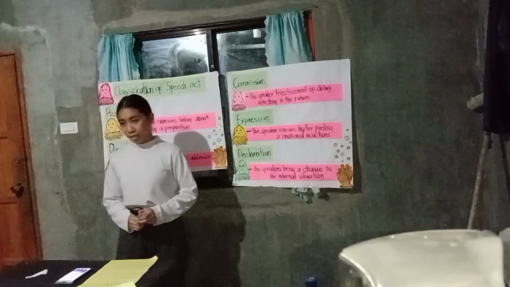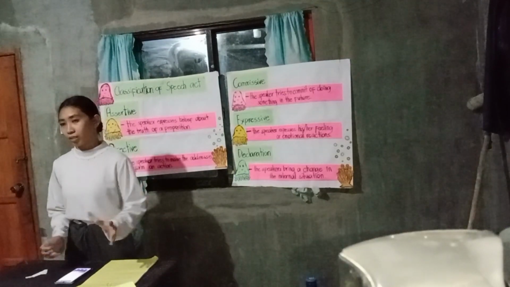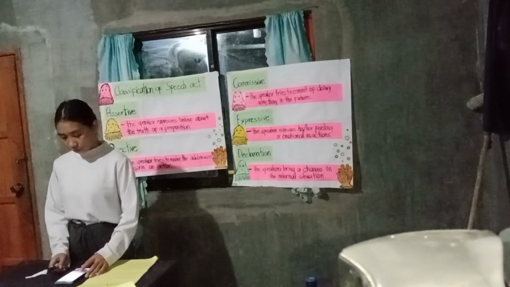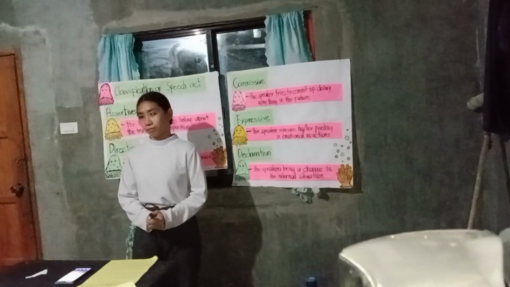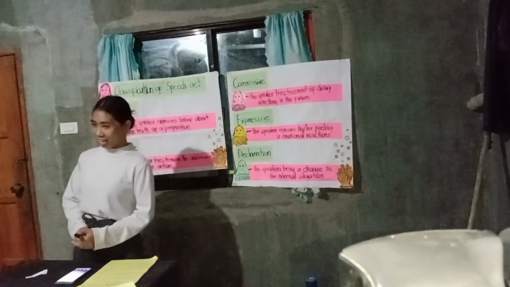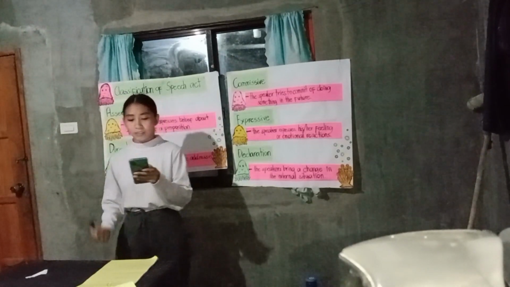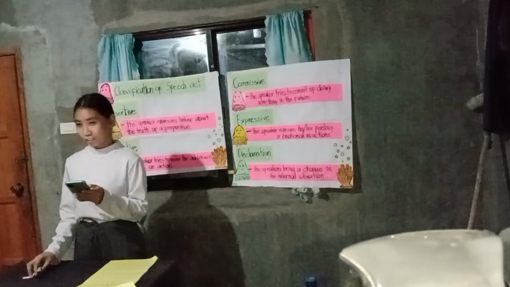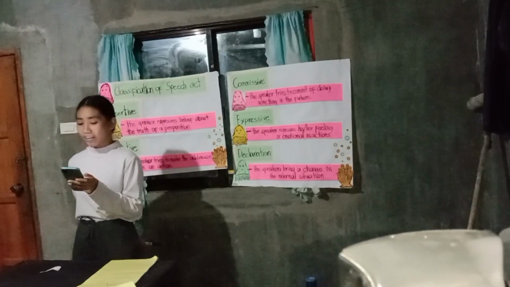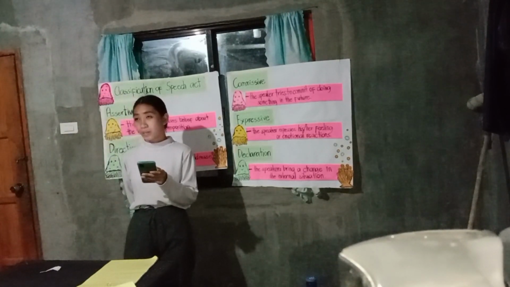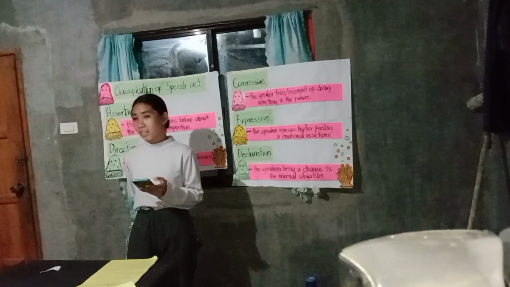So for our quiz, get a 1/4 sheet of paper and we'll do it shortly, okay? So, number 1. Are you ready? Okay. So again, number 1. So for our instruction, sorry I forgot the instruction, class. So instruction, identify the allocutionary act or the intention in each item. So write your answer in your paper. So ready? So number 1,